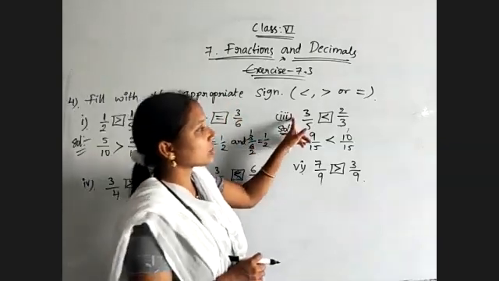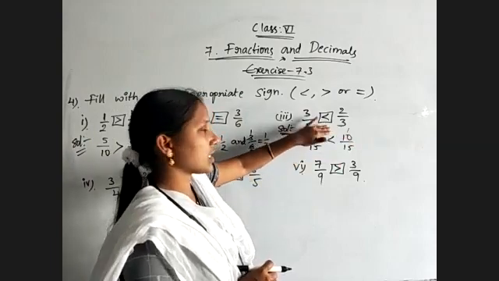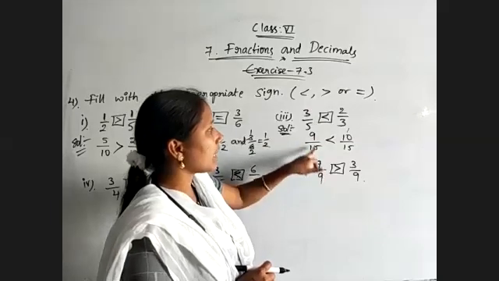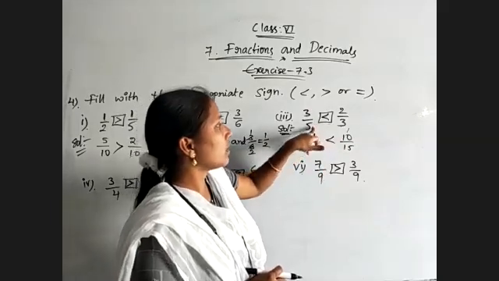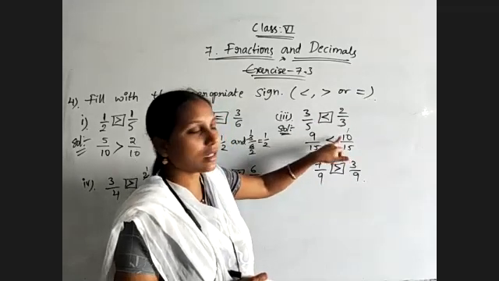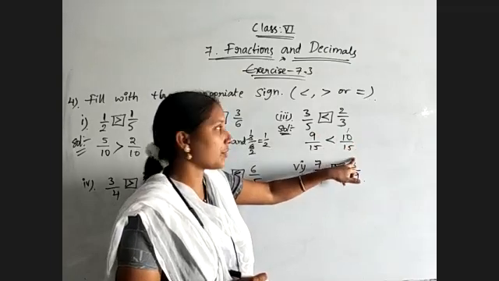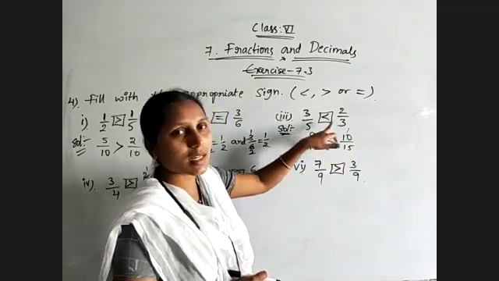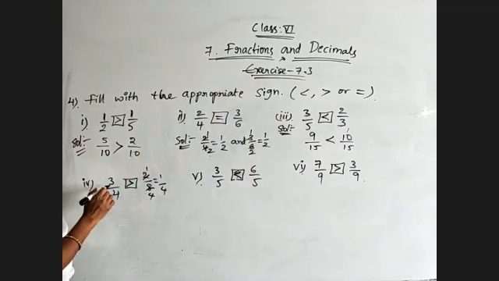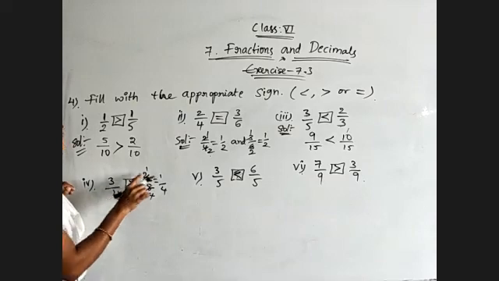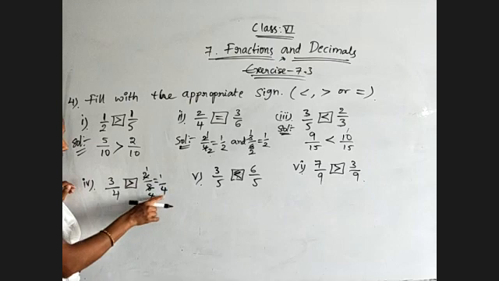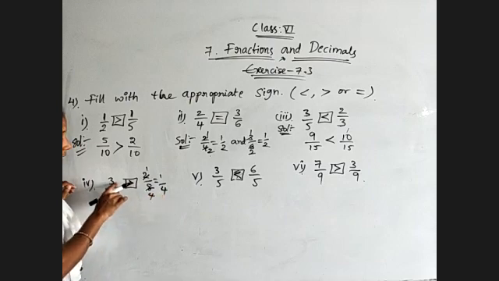And coming to the third question, here also both fractions are unlike fractions. So go through with the cross multiplication. 3 threes are 9, 5 threes are 15, we will get. And 5 twos are 10, 5 threes are 15. So 9 is lesser than 10. 9 by 15 is lesser than 10 by 15. That means 3 by 5 is lesser than 2 by 3. And coming to fourth problem, here 3 by 4 is there, and if you are cancelling, then you will get its second fraction denominator also 4. Then both are like fractions. So 3 is more than 1.